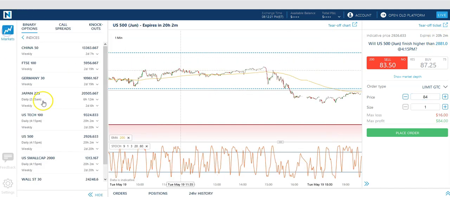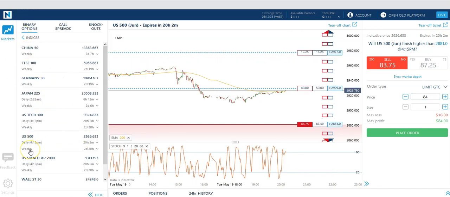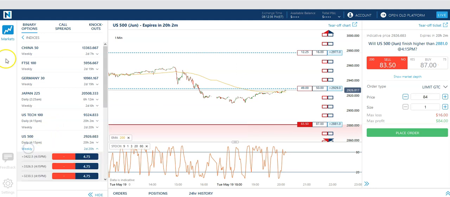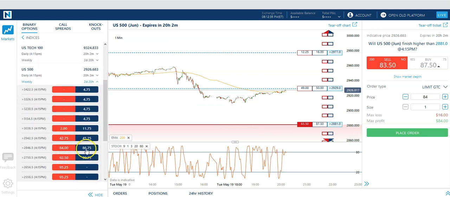Now, the other things that you could do are weeklies, and remember, intraday they actually do like every 2 hours. So if you don't want as much time, if you think the moves are going to happen quicker, they also have 20 minutes. But this is what's really cool, is they also have weeklies, right? So I could go do a weekly